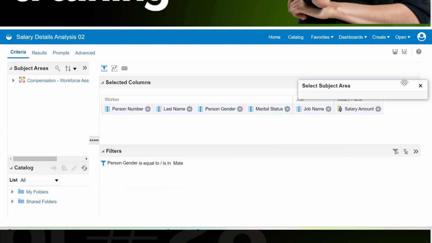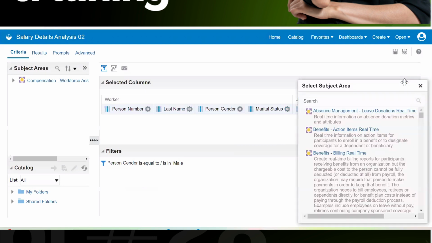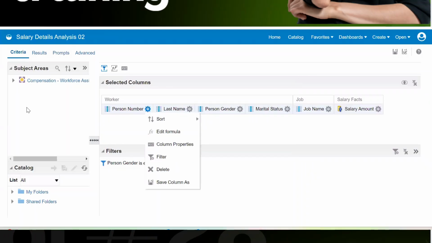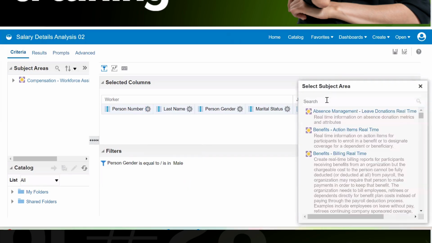If you click on this toggle button, it will prompt you to select an additional subject area. But adding a subject area here is a separate thing; there is no dependency, no set operation that you're supposed to do. Adding from here, however, requires you to select a set operator. So suppose I'm adding the same thing, compensation only.